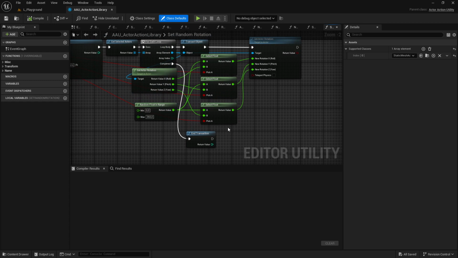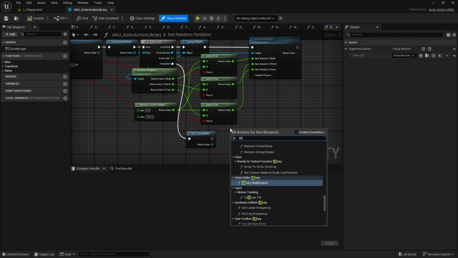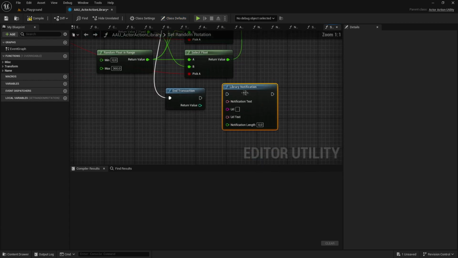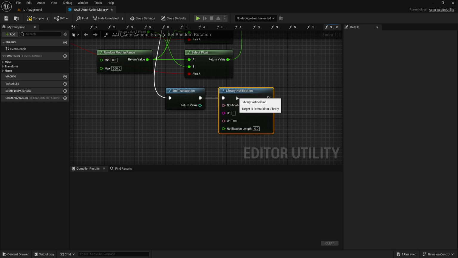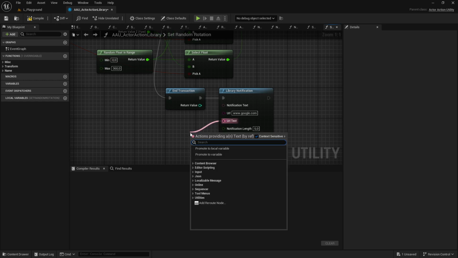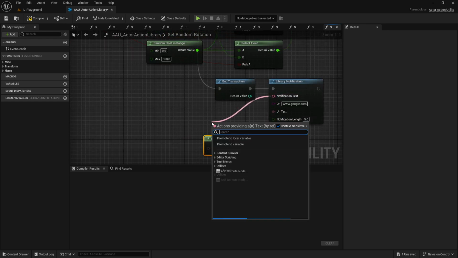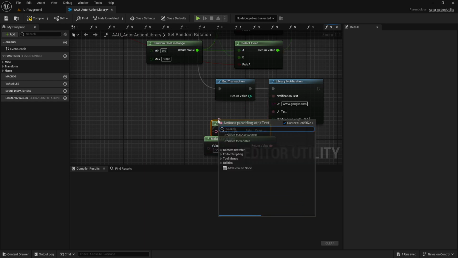Revert and the action. Now I can use our library notification. As you can see, it's here. And now from that I can use dot, and now I can set the notification length. I think it's wise to set some default value, like 5 seconds. And this is the URL text. I can just make literal text and make it documentation. And notification text, it can be make literal text, random